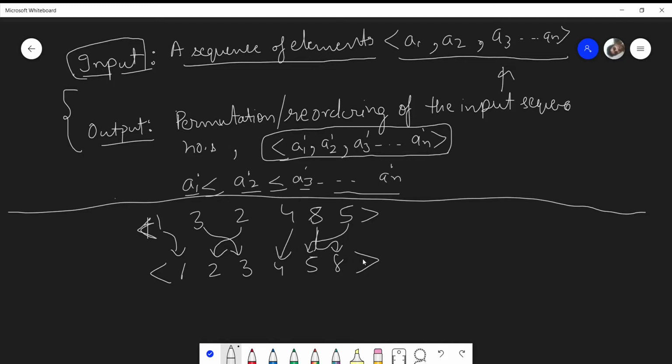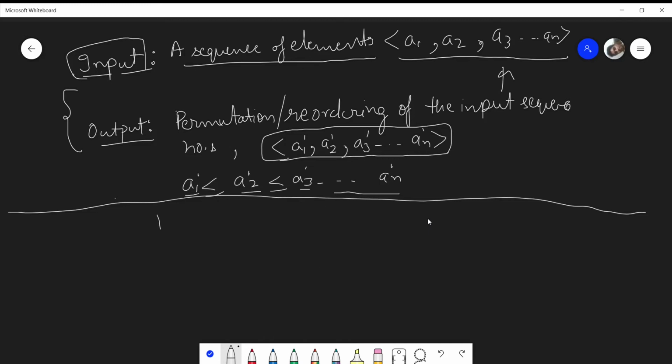So my output is nothing but a permutation of my input sequence of elements. So the brute force algorithm says to find all the permutations of this input sequence, and test all of those permutations.